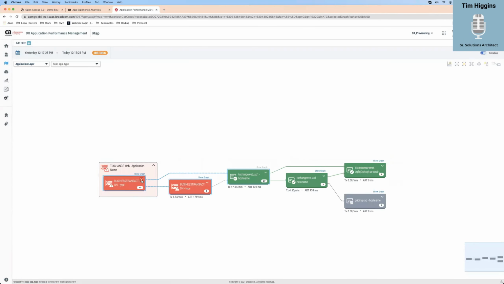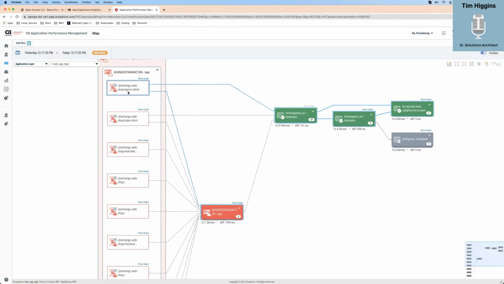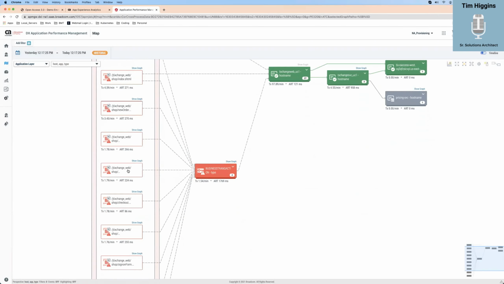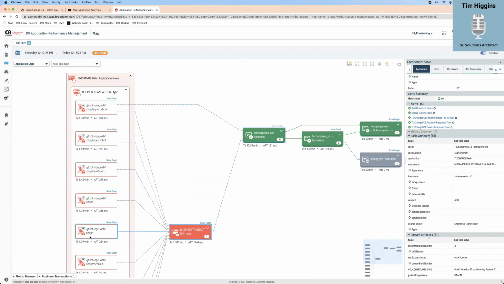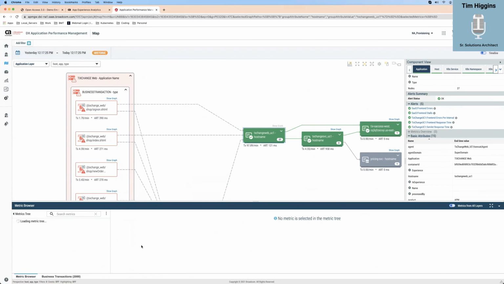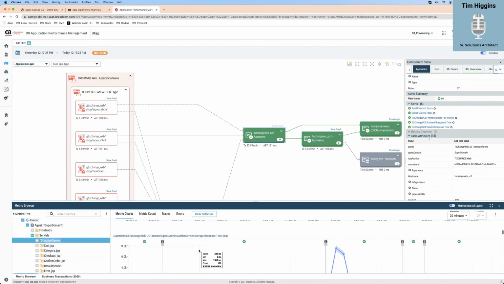I see I've got 10 nodes here. And if I look at them, we've got sign on, my shop index, my new order. So I've got all my pages here as they go into this business transaction that then gets moved into this middle tier. And the same thing, if I open it up here, I can start seeing the metrics and I can start interacting with the metrics. So we're going to slip on our debug hat just to look at these metrics for a second. If I pull up the metrics, let me click on one. I'm going to dig in here. See, here's our pages. And the metrics are loading. Now I can pull up and look at the metrics.